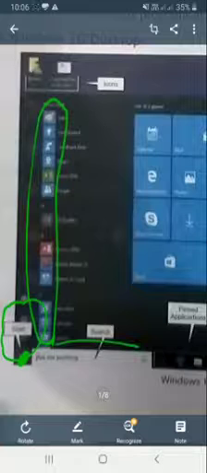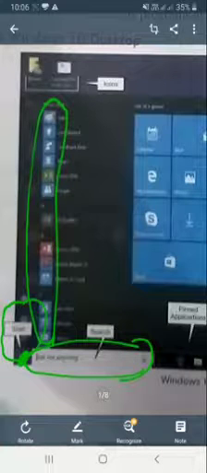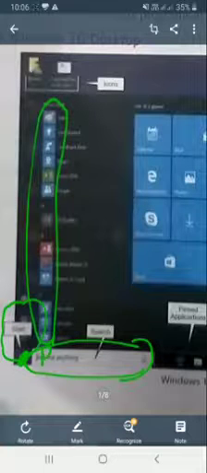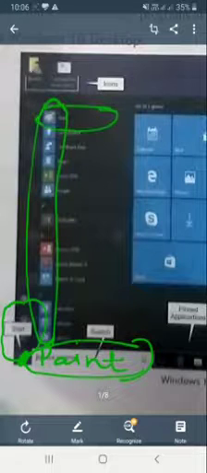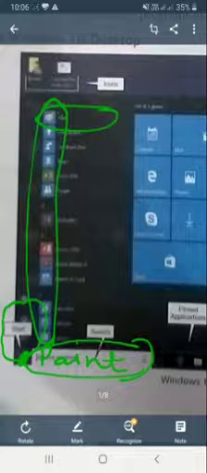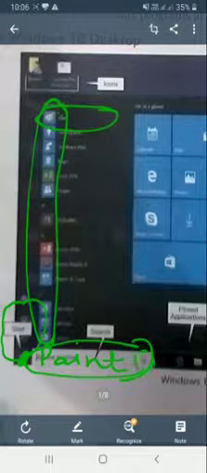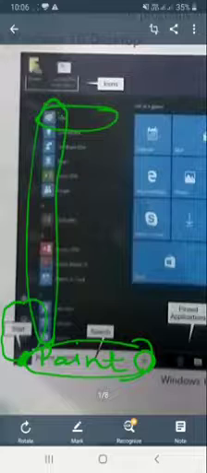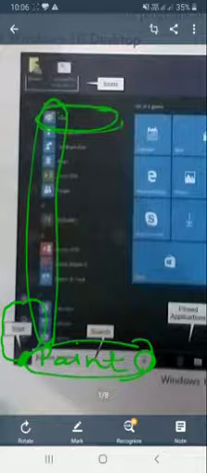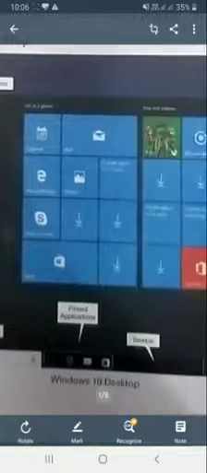Okay, this is the search button. It is also called the Cortana search bar. You write anything in there, like if you want to open the Paint program, type paint here with the help of the keyboard, the Paint option will appear and you click on this Paint button and your Paint program will open. This is also the symbol of a microphone. There is an option available: when you tap this button, you can speak "MS Paint" like that, and the MS Paint option will appear there.